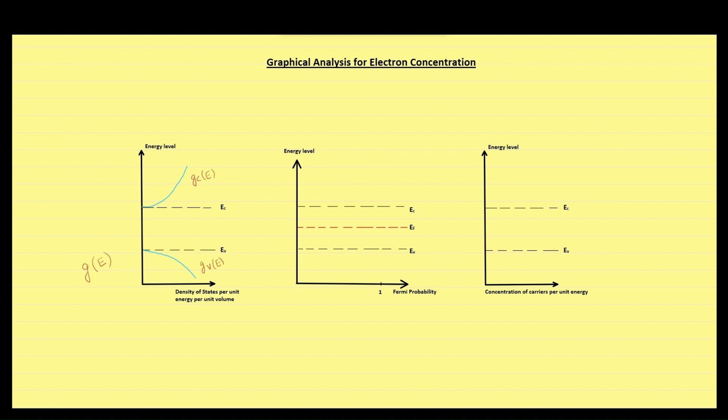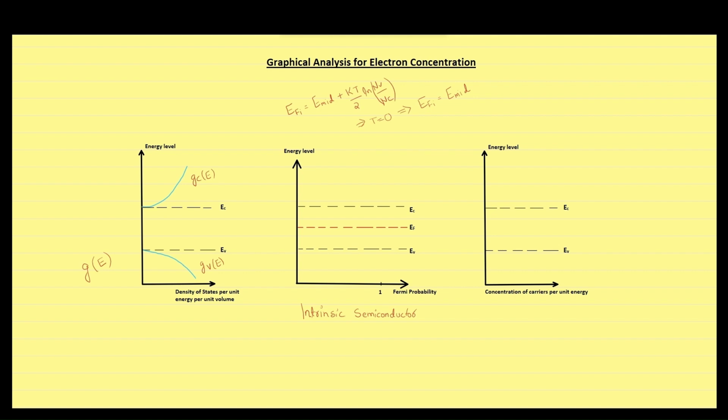First, we are going to discuss the intrinsic semiconductor, and you have studied in the previous lecture that in an intrinsic semiconductor, the Fermi energy level is equal to E mid plus kT by 2 into natural logarithm of Nv divided by Nc, where Nv and Nc are the effective density of states in the valence band and conduction band respectively. So, for an intrinsic semiconductor, the Fermi energy level is not exactly at the middle. Only when the temperature is 0 is the intrinsic Fermi energy level exactly in the middle of EC and